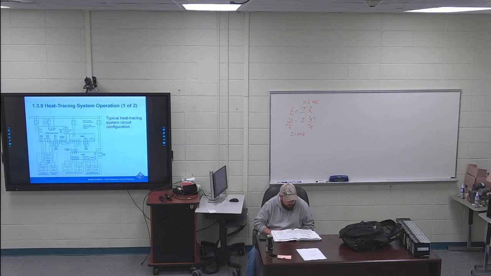Key in on this next sentence. The use of power line carrier technology allows temperature and continuity data to be sent to the controller without running additional wiring to sensor locations. Figure 18 shows the wiring for a typical system using power line carrier technology to transmit temperature and continuity status. So, you can see up here on the board, you've got your two wires, your line and your neutral, going out and connecting to your heat tracing system, and then off of that, at a different frequency, you can run